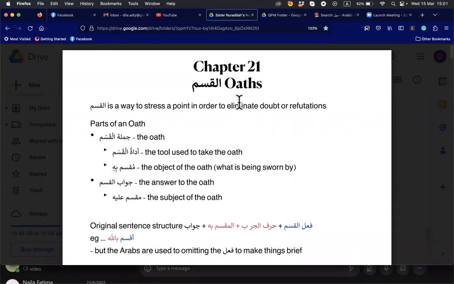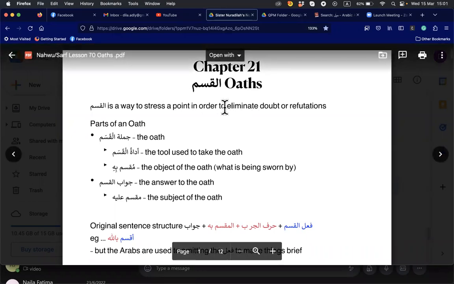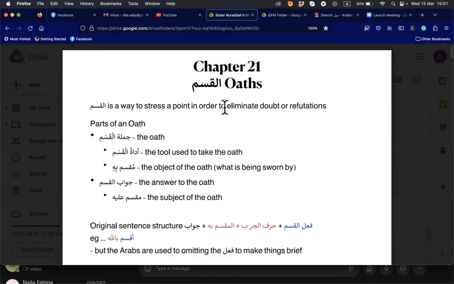Okay, so today we will take a break from Surah Yusuf. We do a chapter on oaths because we will see some oaths in Surah Yusuf soon, maybe when we come back from our Ramadan break. So I hope this revision is not too fast, not too early. We will listen before the class starts again after Ramadan, inshallah.